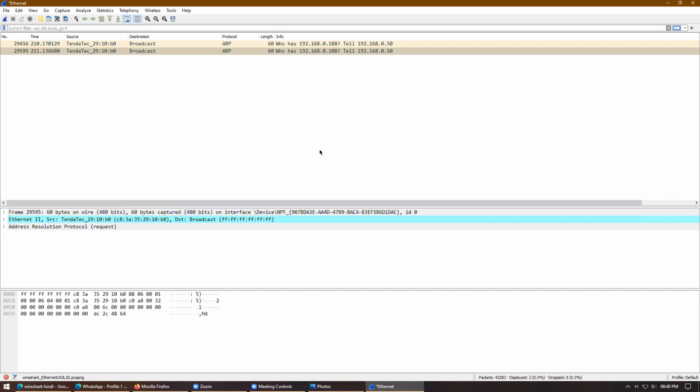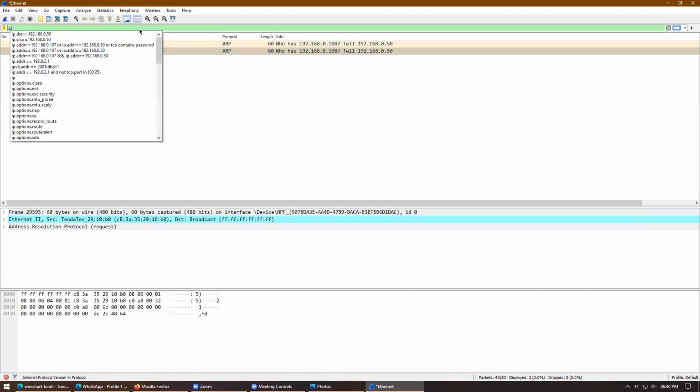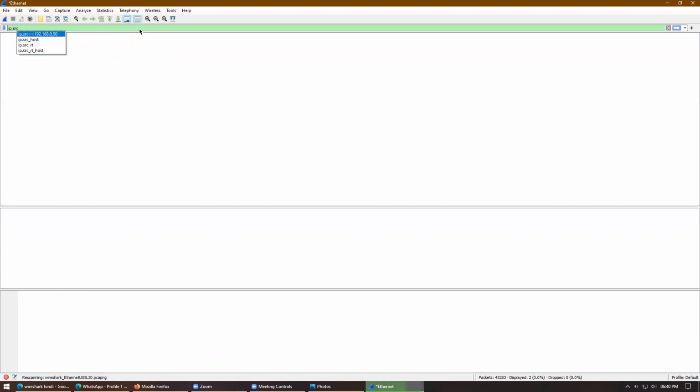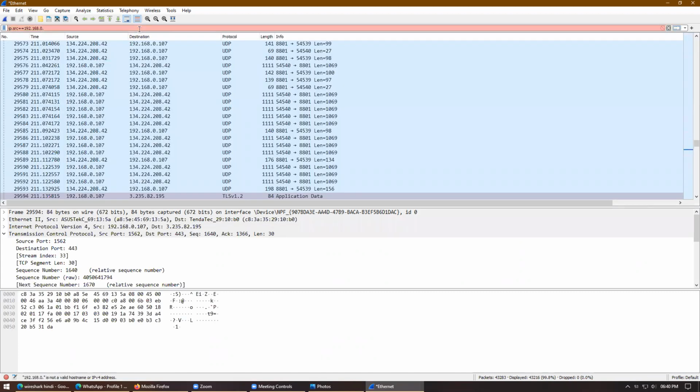So we saw how to filter a specific IP. Now we're going to use multiple operators, like IP dot source is equal to this, or let's see my IP address, my machine IP.